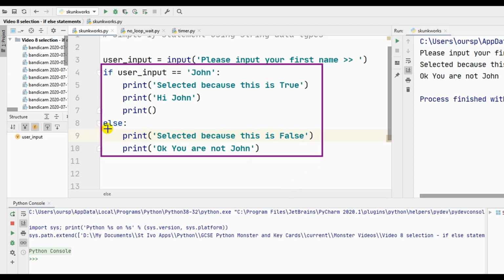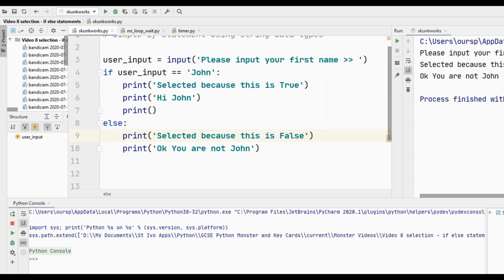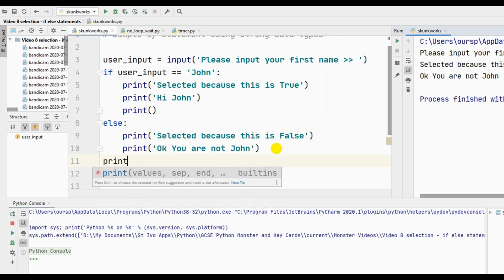So the indentation, you can see this is nice and neatly organized so that Python can see the colon, the indentation, another colon, indentation. It's helping Python to manage the sequencing of your code. Now I'm just going to put in another line of code to show you how important indentation is. So I'm going to put here print